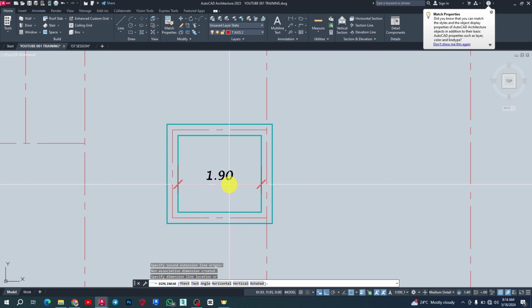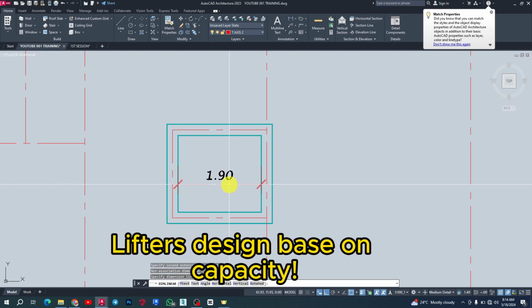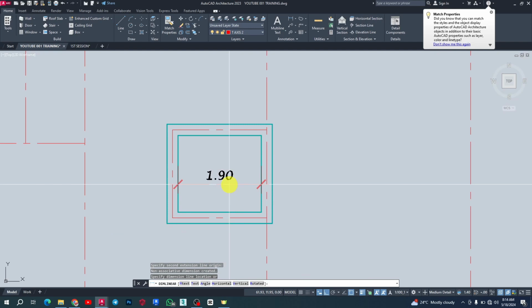Whenever you're designing a lifter for a particular area, like a shopping center, the sizes are different from a normal residential lifter. The size is calculated based on the size of the luggage that is going to be transported there, and the number of persons that is going to be using the lifter. So this size of 1.9, that is 1 meter 90 by 1 meter 70,